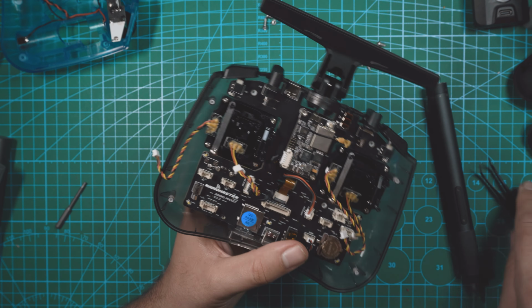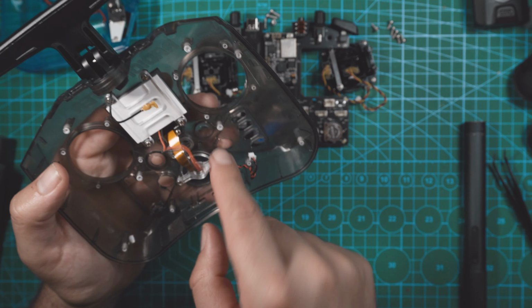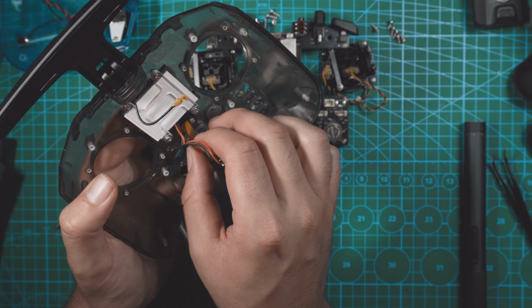So I'm kind of just keeping it nice and organized there because that's exactly how it's going to go back together in the new case. Here we got a bunch of different little buttons. So just keep those handy. Those pull right out. We got a speaker down here. We've got our power button